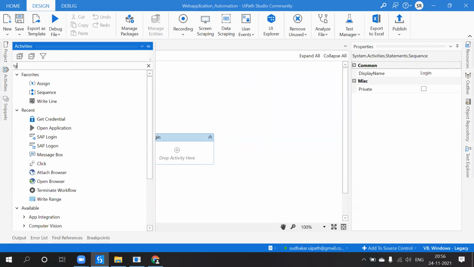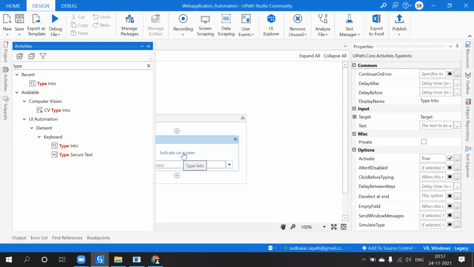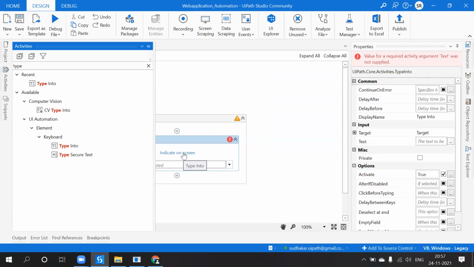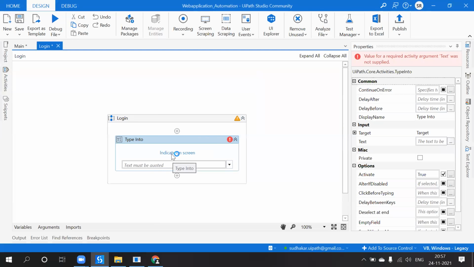In order to enter the values into a text box, we have to use one activity called type into. Okay, so in this, indicate on screen.